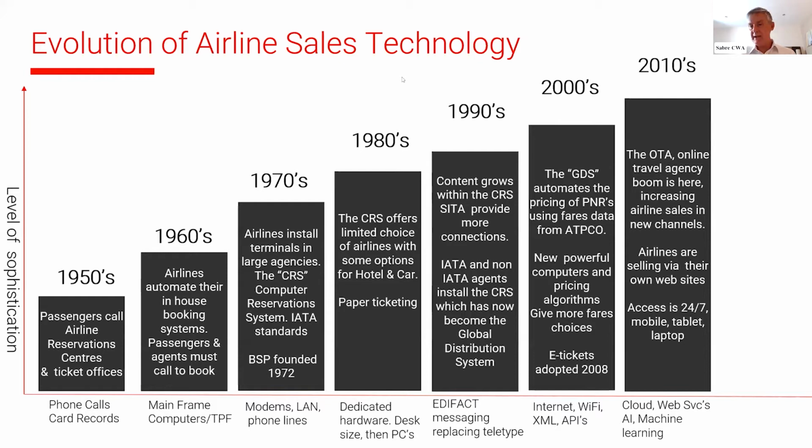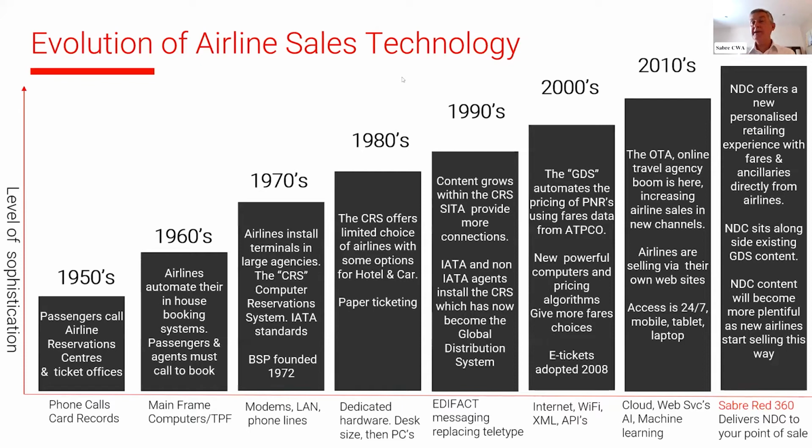The technology, which you'll see down at the bottom, is by now things like cloud computing, web services, machine learning, and AI. So lots of new technologies that are coming from other industries are being adopted in the travel industry. And then if we come right up to this decade and to right now, to 2022,